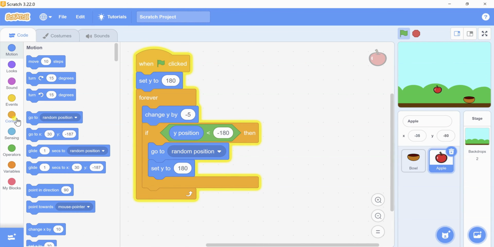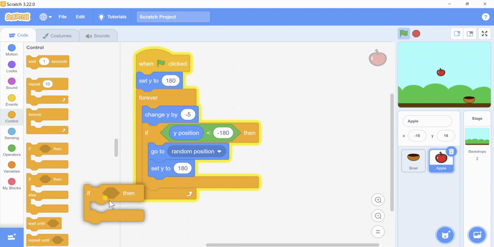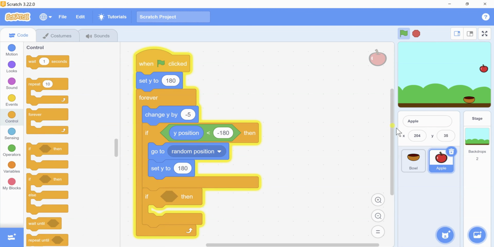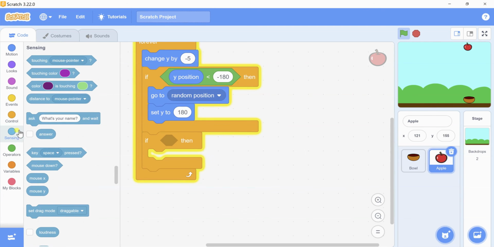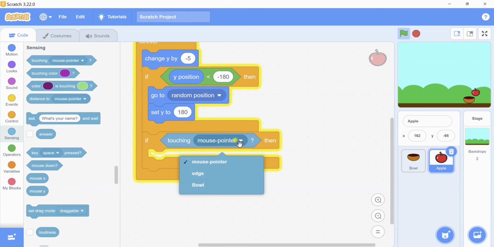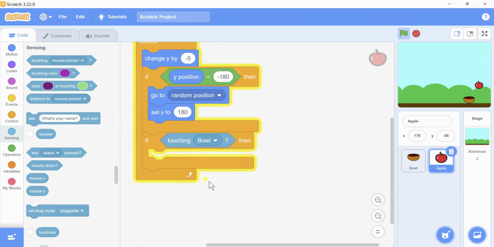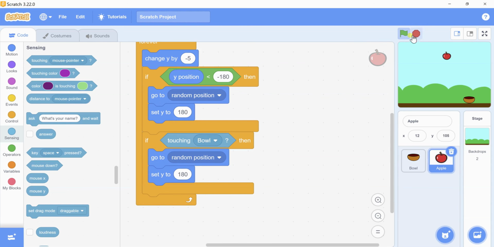So this is another condition. Just drag this if, this apple touches the bowl. You can click on sensing and drag this touching block into this if condition. If this is touching, this apple will go back to the up position. The same I am doing: go to random position and set y to 180. You can see it here.